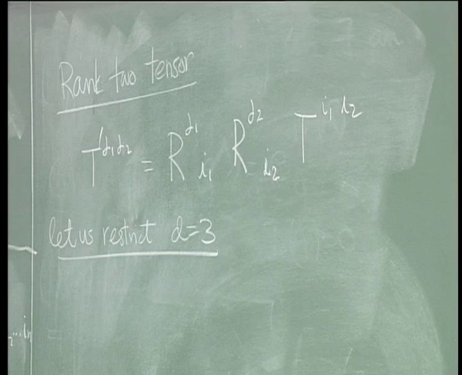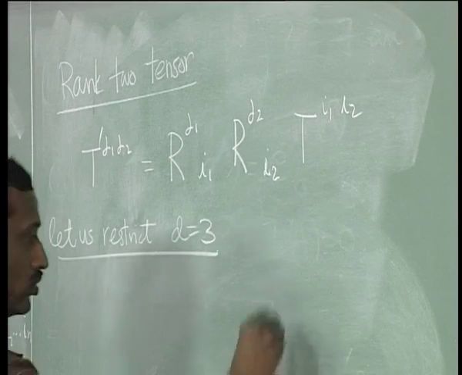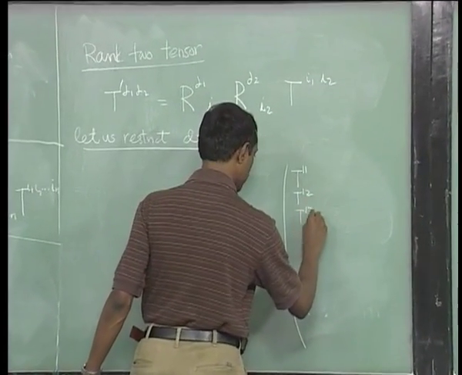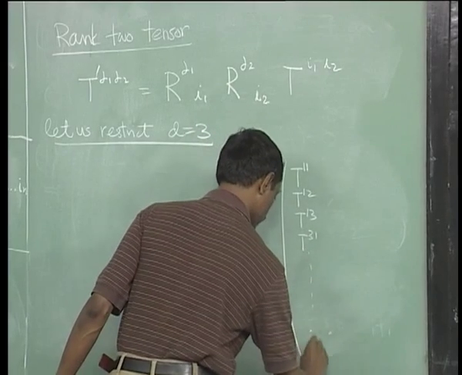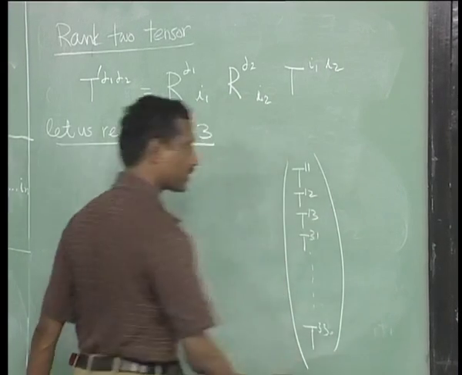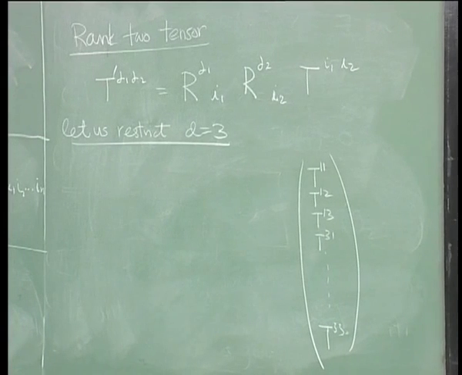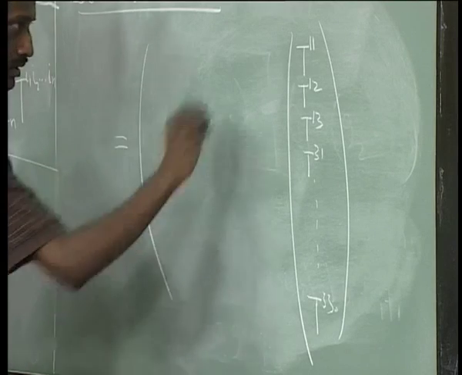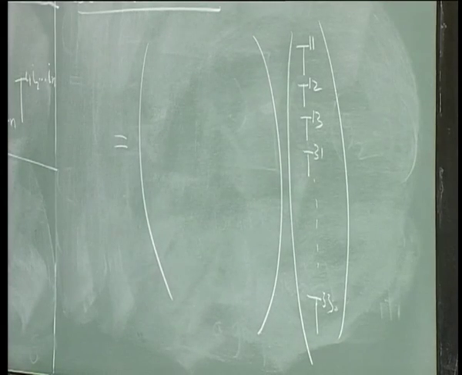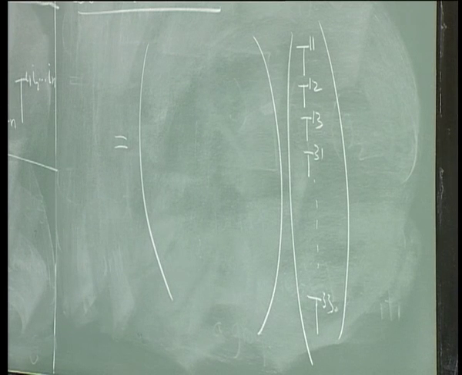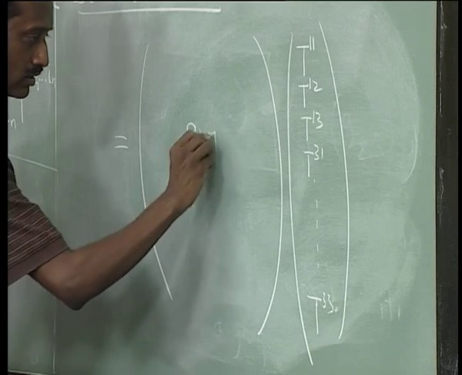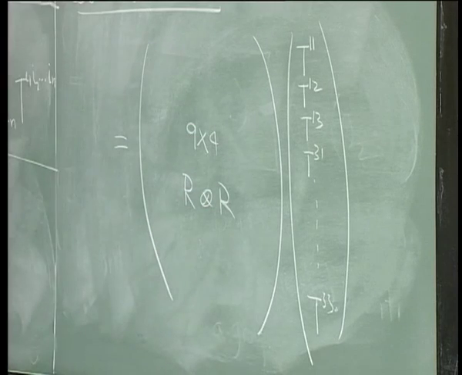Okay. So, we can rewrite this transformation as follows. I could just go ahead and write it like this: T11, T12, T13, T31, and so on up to T33. I write it as a column vector which has 9 components, and there exists a 9 by 9 matrix, which can be worked out based on this, which I will indicate as the matrix given by R tensor R, and